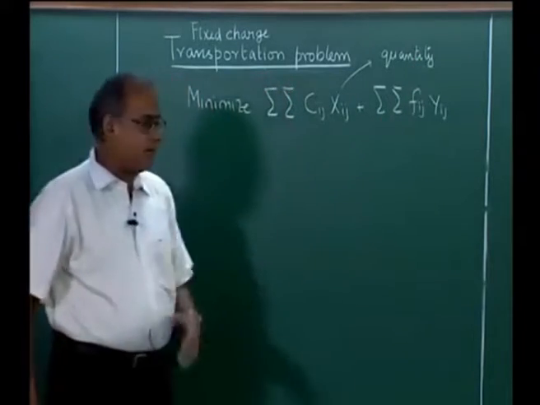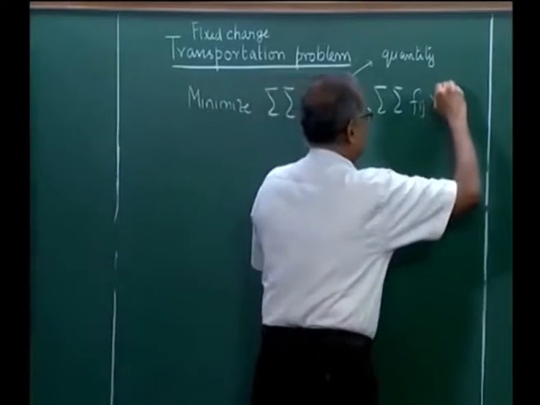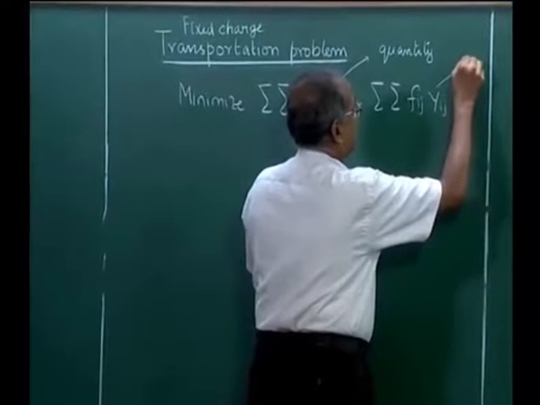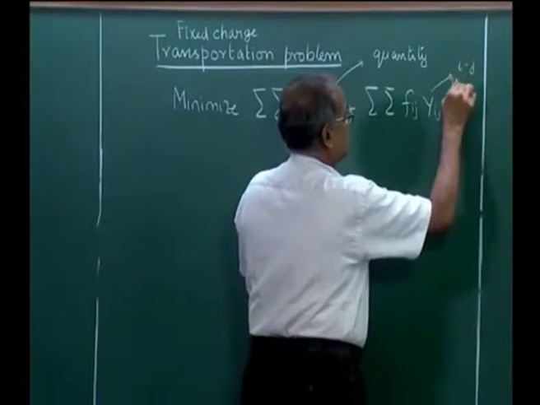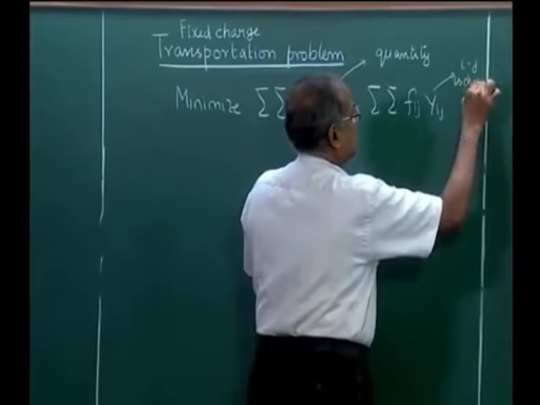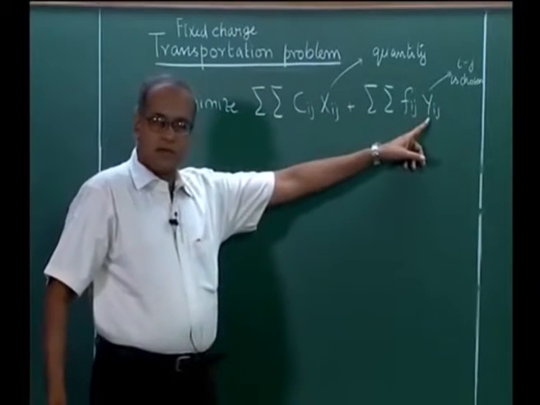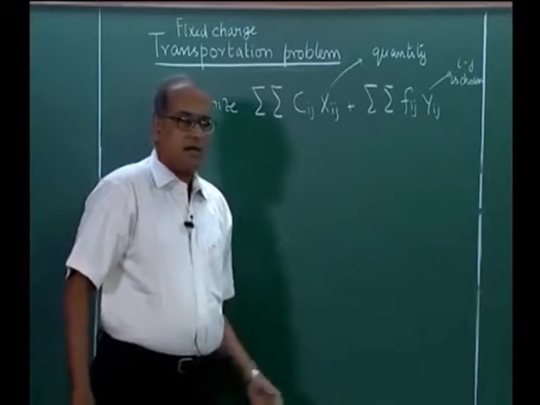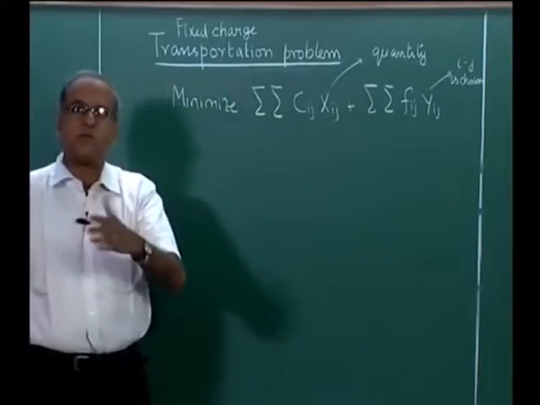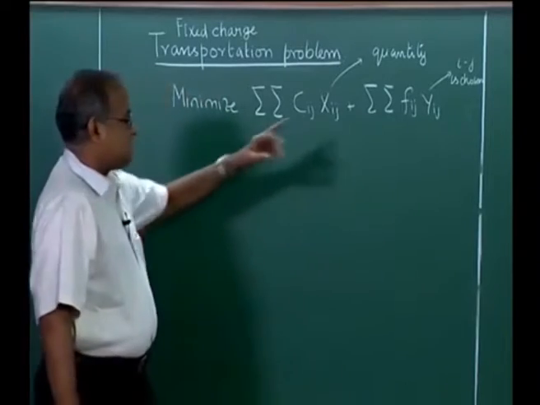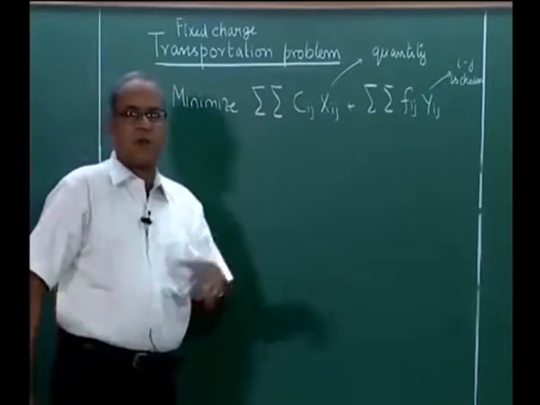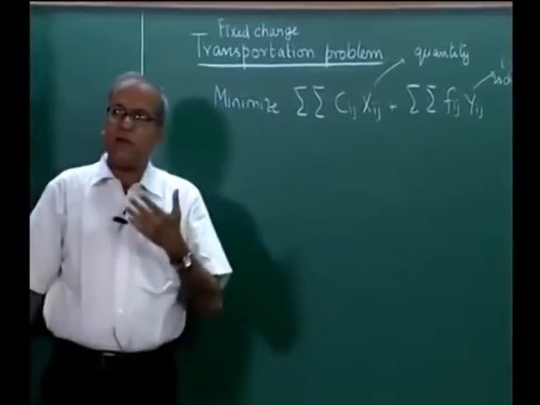The decision variables: xij represents the quantity transported from i to j, and yij represents if arc ij is chosen. So, yij is a binary variable, equal to 0 or 1. It is equal to 1 if we choose to transport from i to j, and 0 otherwise. Xij is the quantity that is transported from i to j.